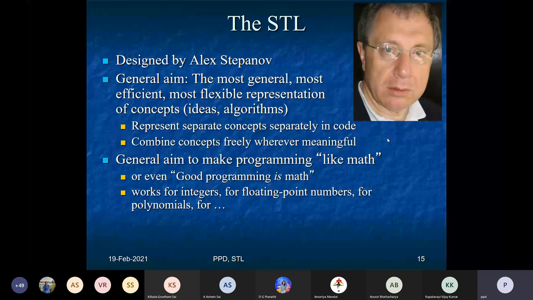Historically, STL was designed by Alex Stepanov with a general aim of producing the most general, most efficient, most flexible representation of different concepts, ideas, and algorithms. His thought, which has prevailed very significantly with efficiency, is that programming is kind of maths. So you should be able to make it more and more mathematical, and that will lead to better programming. Okay, now let's come to the core of it, the basic model